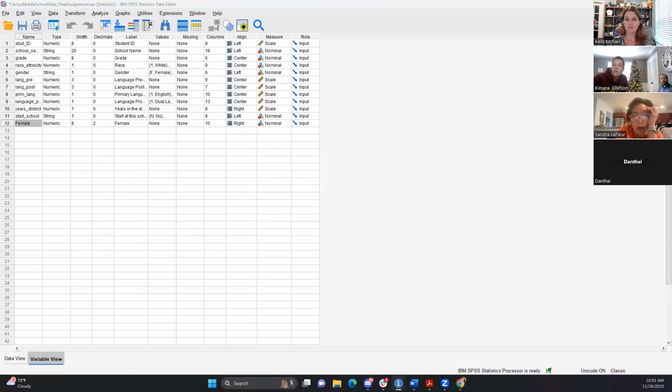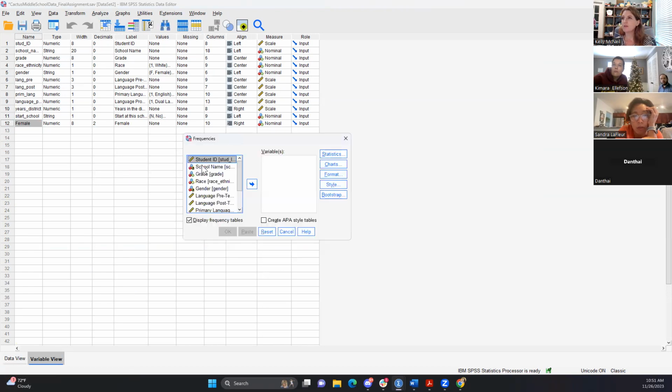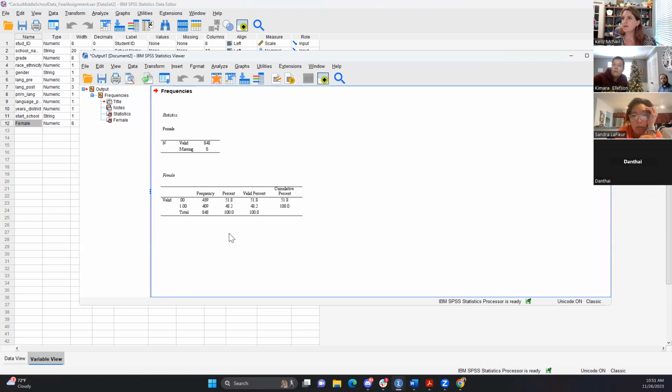And then pick female numeric. Is it not going to give it to you? Not going to give you a choice? Yeah, female numeric. And then just go. There you go. So 0 is male, those boys, it's 439, and 1 is female, it's 409. So that's correct. So I did it right. Does that make sense to everybody, what we did? Frequencies are just like head counts.